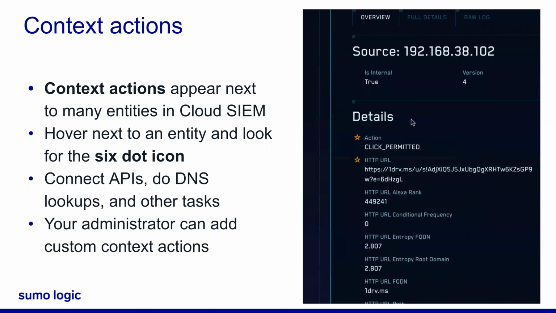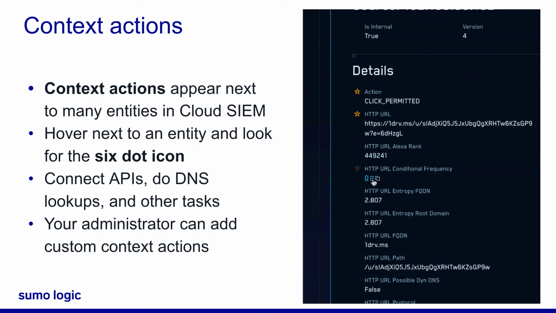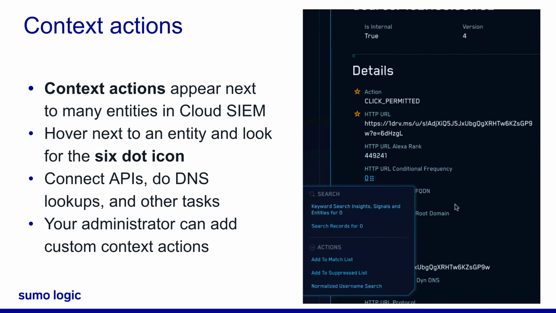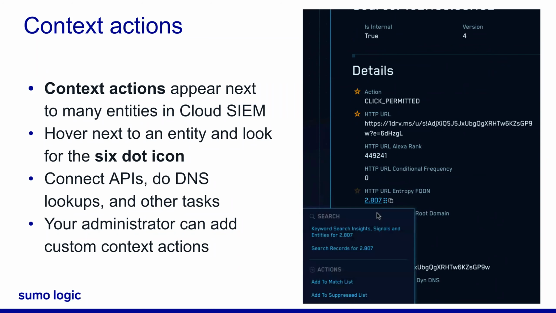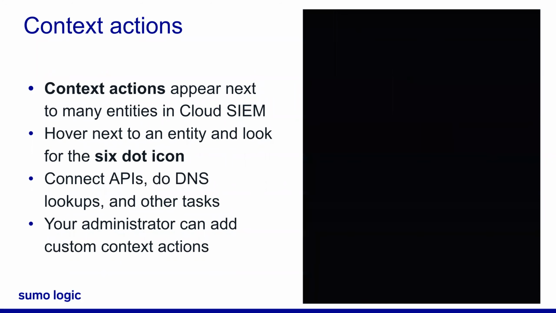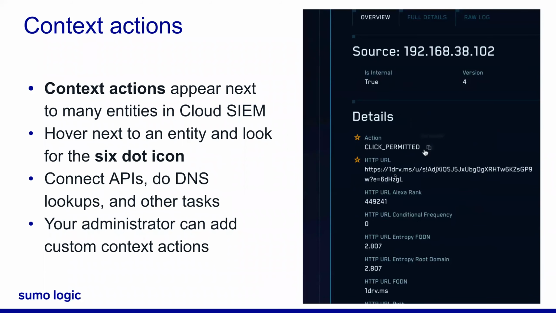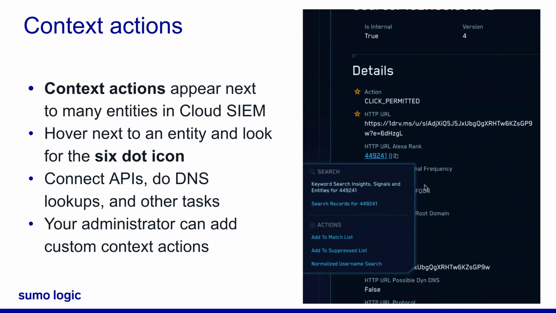However, sometimes you may want to investigate deeper to really understand what happened. Or you might want to be proactive in your threat hunting work to find potential problems before they begin impacting your system. The Signals tab is going to list all those signals created by the rules. So what we're going to talk about here are these context actions, and these are going to be found throughout the Cloud SIEM UI. These are going to be helpful for in-depth investigation.